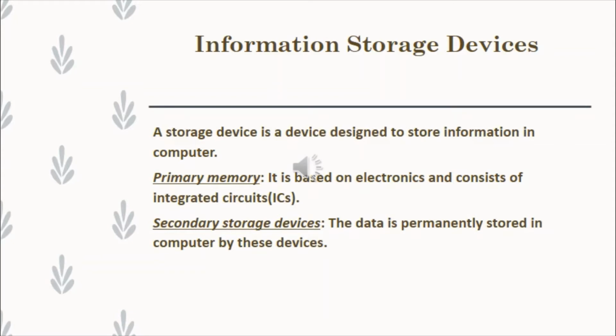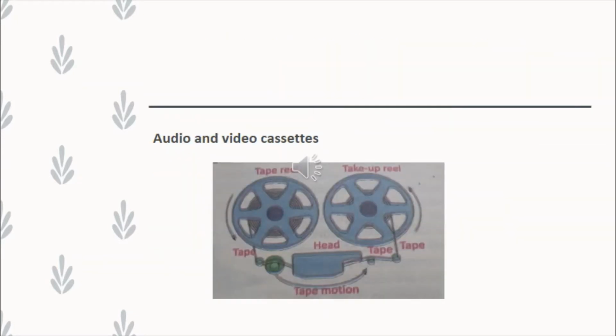Secondary storage devices. These devices store the data in the computer permanently. And what are these devices? Some are explained like audio video cassettes, hard disks, and all these. Audio and video cassettes. These devices are based on magnetism. Audio cassettes consist of a tape of a magnetic material on which sound is recorded in a particular pattern of